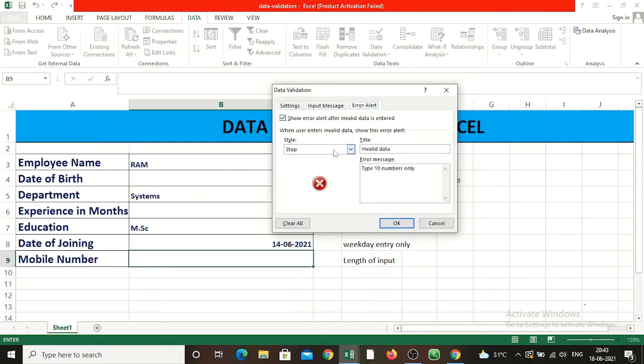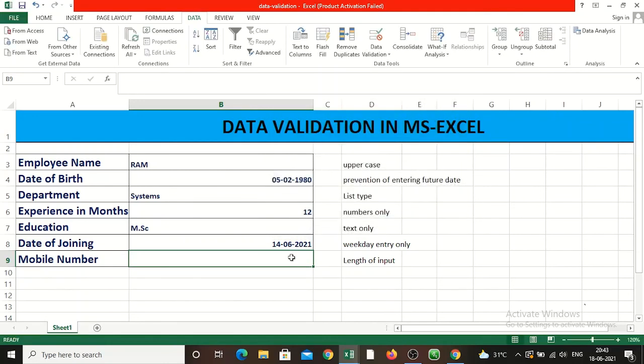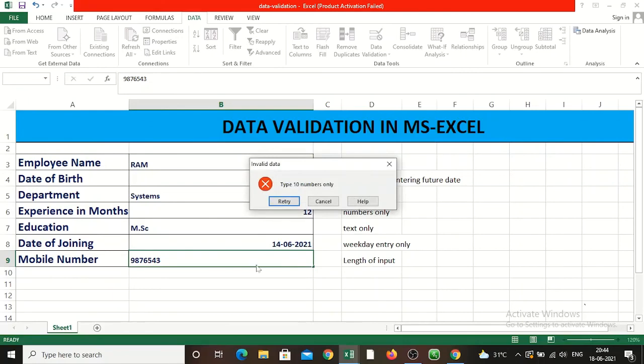I have selected stop, then the title is invalid data, and the error message will be type 10 numbers only. Then here I am typing some random numbers, let us say mobile number 9876543, then I am pressing enter. It is not equal to 10 numbers, so it is giving me an error message, invalid data, type 10 numbers only.